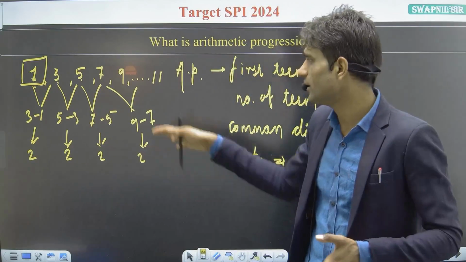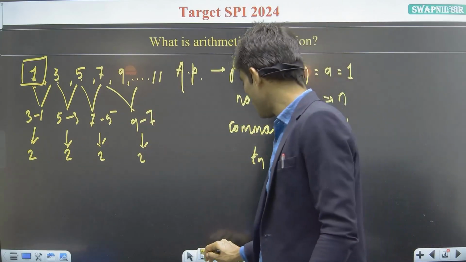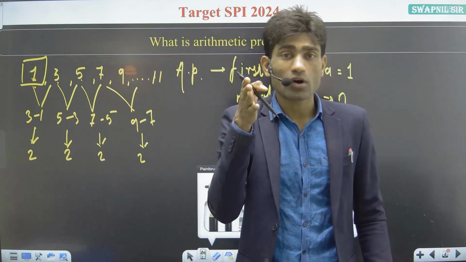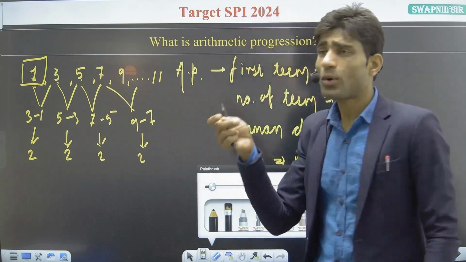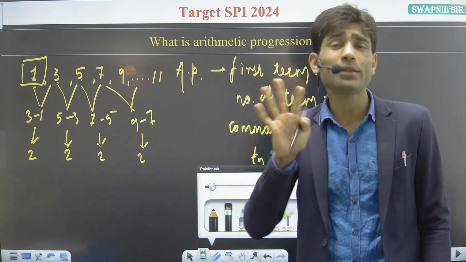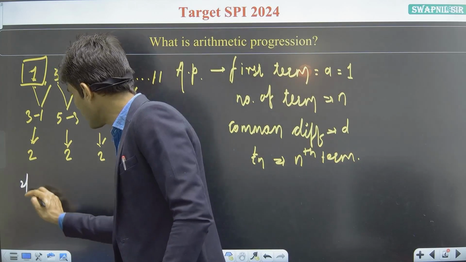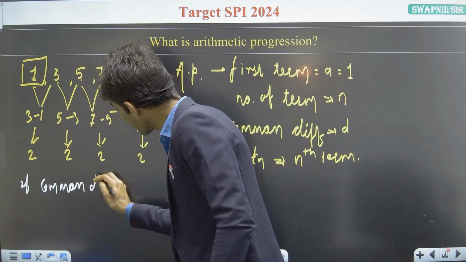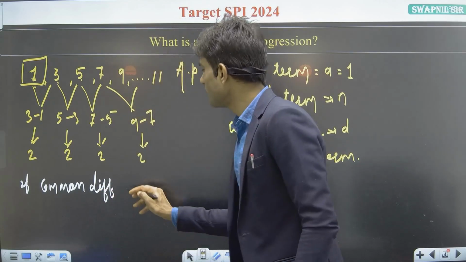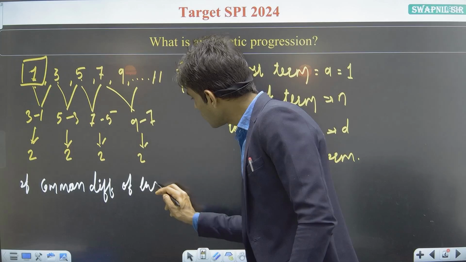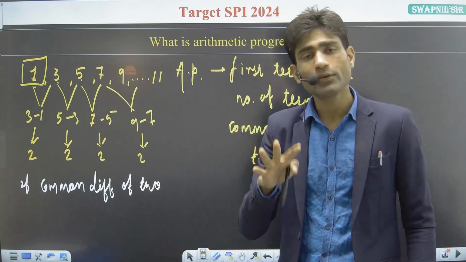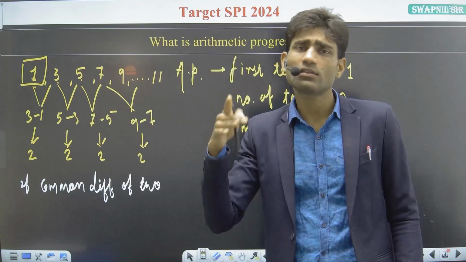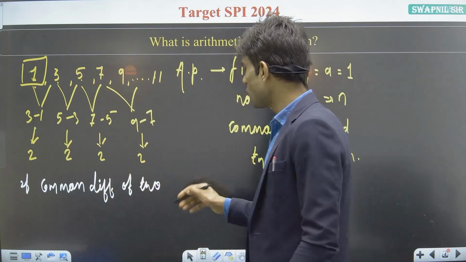I already explained everything, but let me write the definition once. The definition says that if the difference of any two consecutive terms remains the same everywhere in our sequence, where the terms are first and second, second and third, third and fourth, like this,